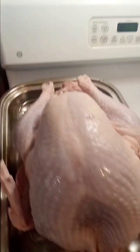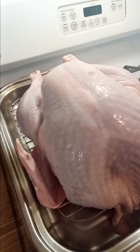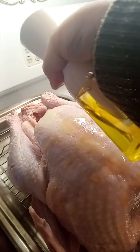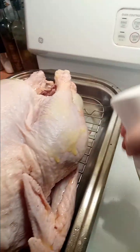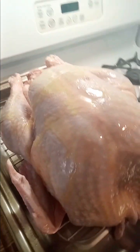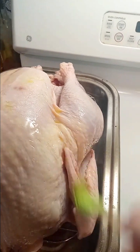Okay, guys, so I got the turkey out of the package and into the roasting pan. This is a big one, 18-pound turkey. So what I'm going to do is I'm going to spritz it with some olive oil. A lot of people put butter on their turkey, but I'm just doing olive oil. Okay, so I'm going to get my brush and I'm going to brush it. I'm just going to brush the olive oil all around because I want to make sure that it gets nice and brown. We don't eat the wings, but